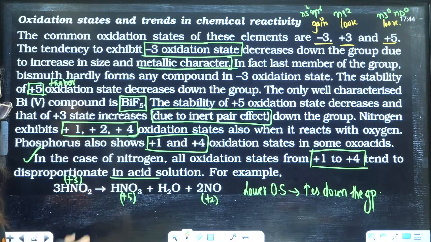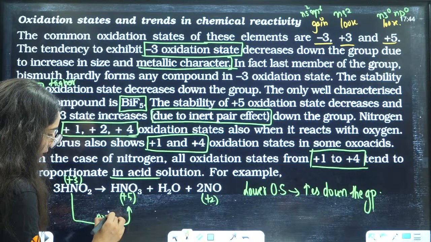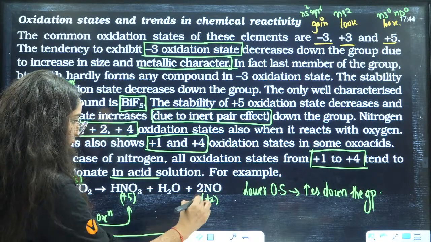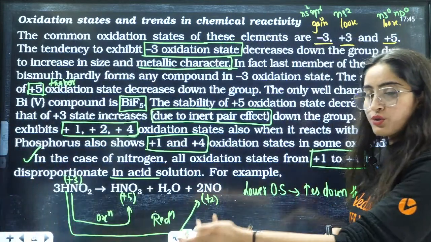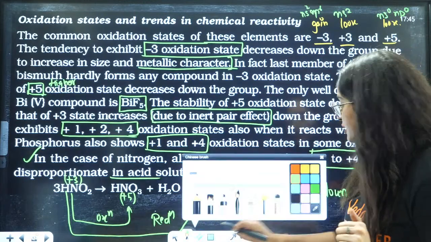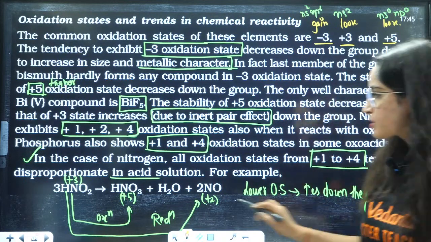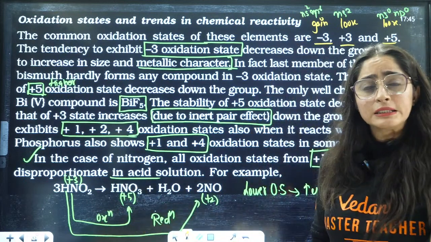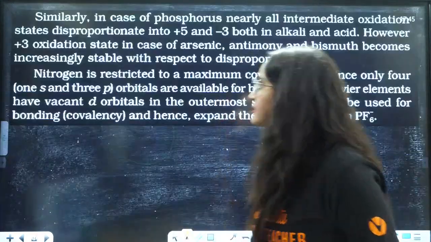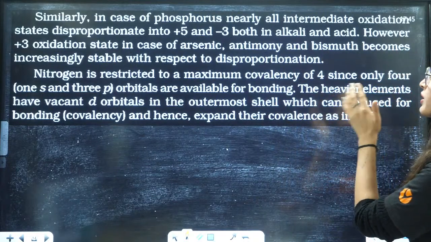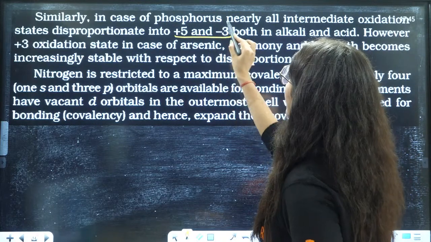So disproportionation means when it is going under oxidation and it is also going under reduction. There is an increase in oxidation state and there is also a decrease in oxidation state. That is called disproportionation, right? So in some oxoacids, yes, this reaction will go under disproportionation. Now, next, similarly, in the case of phosphorus, nearly all intermediate oxidation states disproportionate to +5 and -3,